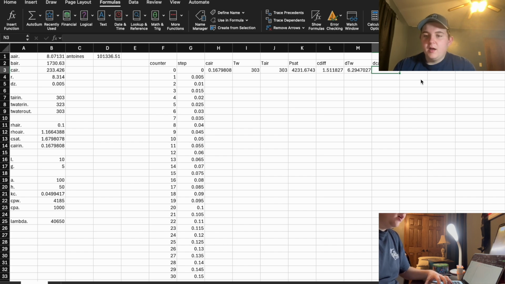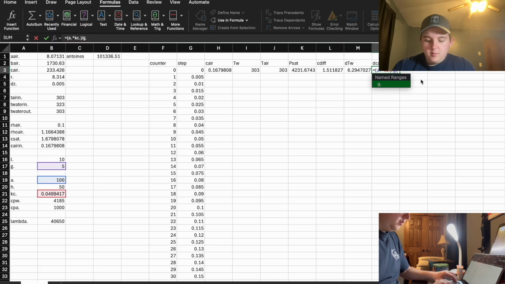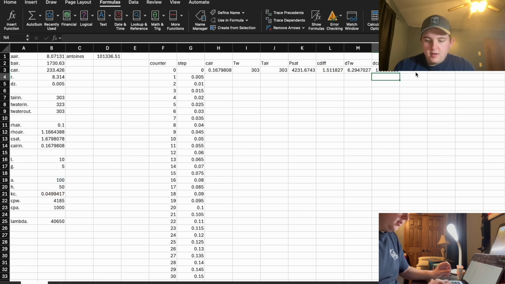D air now, and that D air is equal to our A dot multiplied by our KC dot close parenthesis divided by G dot times our, I believe, Antoine's. Or no, not Antoine's. Our C diff. Cool. And then our DT air